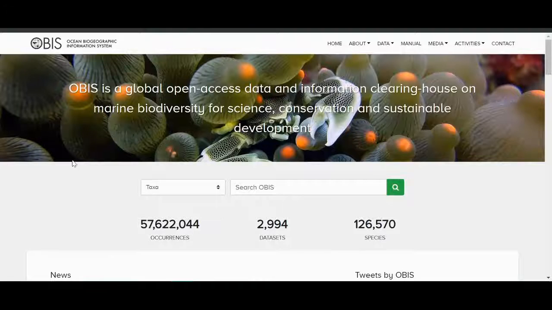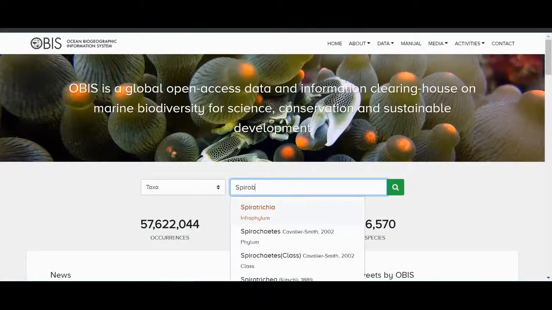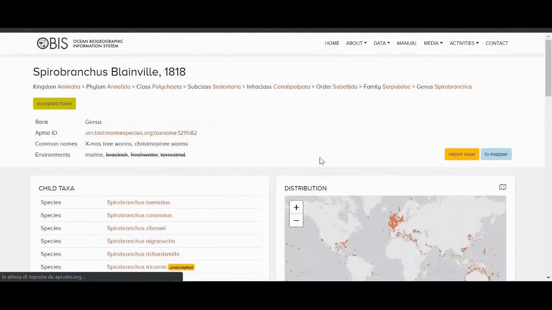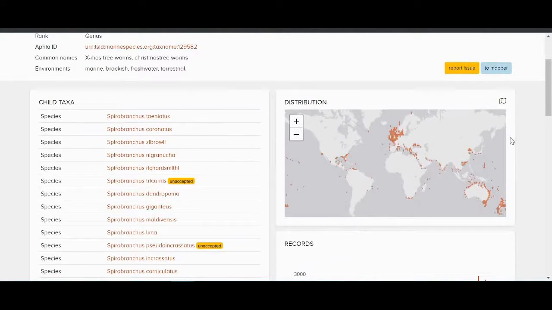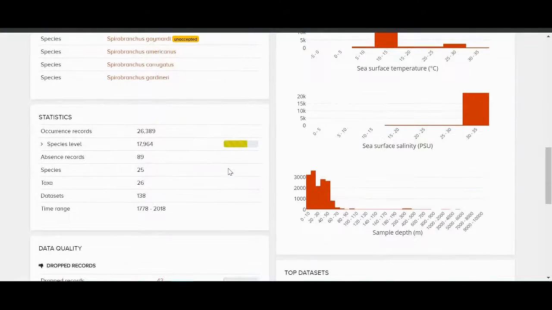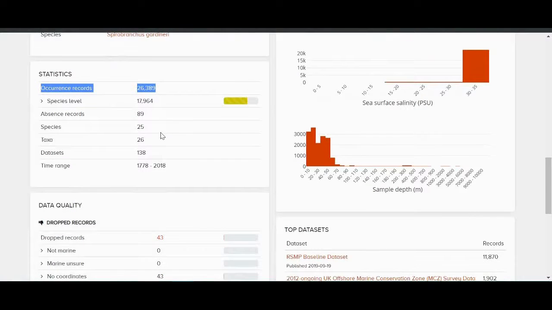Now, if we go on the home page of the OBIS database and we type the name of the genus in the white bar, we can see that the interface of the database is slightly different. There is here as well the distribution map, and you can zoom in, you can zoom out. And then if you go in the section statistics, there are the occurrence records. And you can observe that in OBIS, the occurrence records for the Spirobranchus genus are much lower, almost half of the GBIF